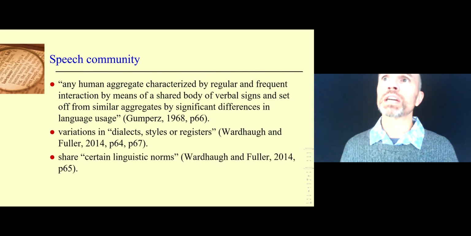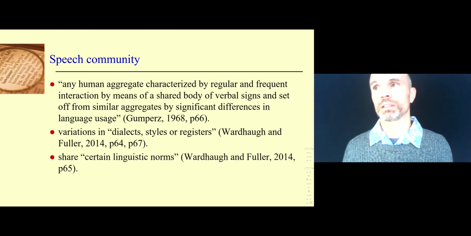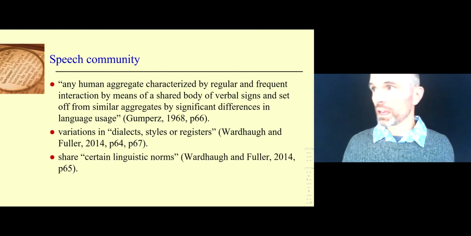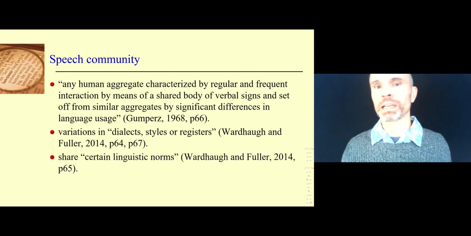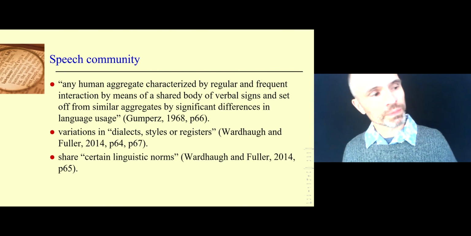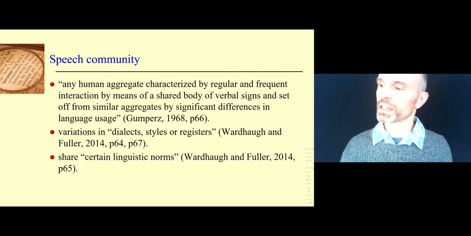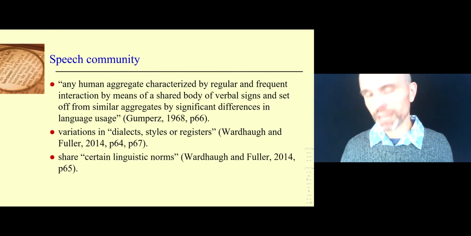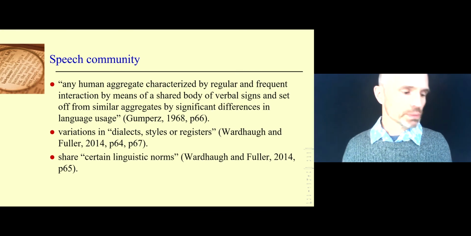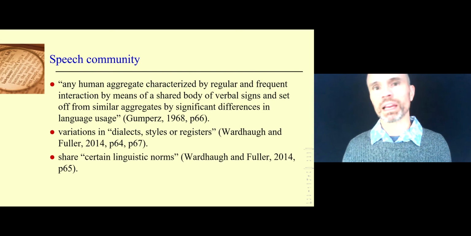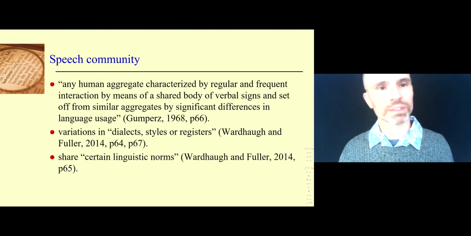Each community shares certain linguistic norms, right? Norm, as you can see from the word, is quite easy to understand, but that phrase, linguistic norm, is used a lot. What is the expected thing? It's not that we have to do that, but if I know someone is a certain type of speaker, he's British, she's from New Zealand, what have you, I'll have certain expectations about their linguistic norms. I will expect the accent to be like this. It doesn't have to be, but normally it would be. So speech community: groups of people united by characteristic linguistic behavior that separates them off from other groups who have their own characteristic linguistic behavior.